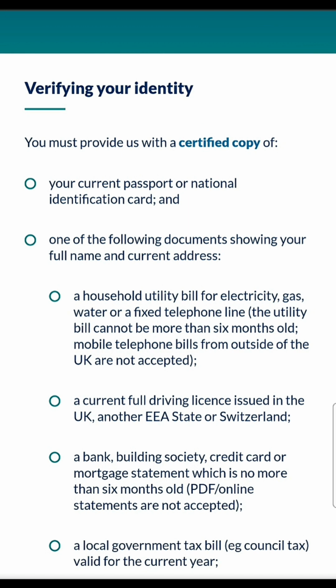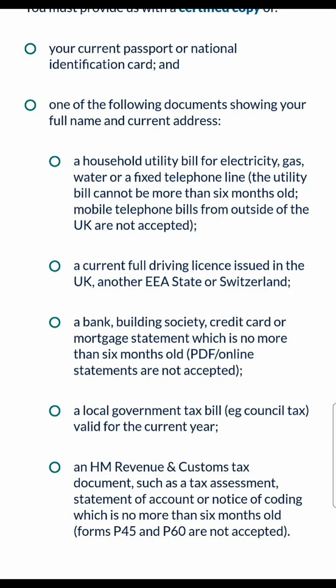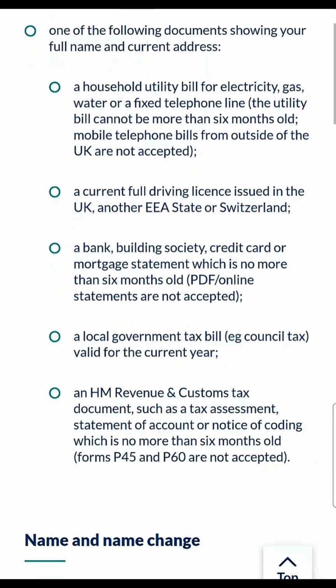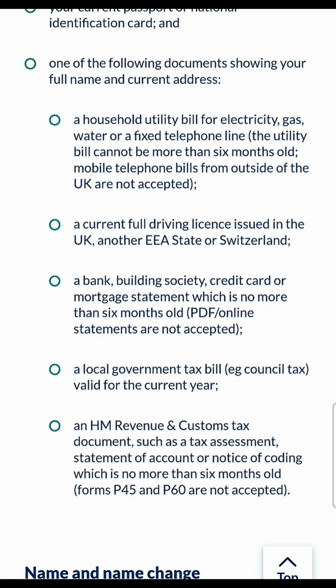But now it is online, where you can go on the website of NIN and get your permanent printout. One of the following documents showing your full name and current address. So after your international passport or your NIN, you also need to get documents showing your full name and current address. What I use during this could include a household utility bill for electricity, gas, water, but